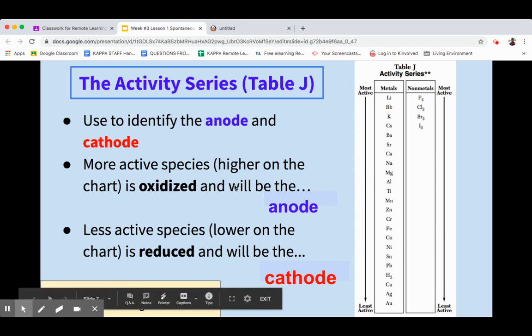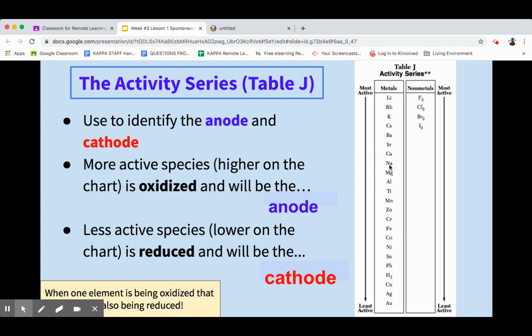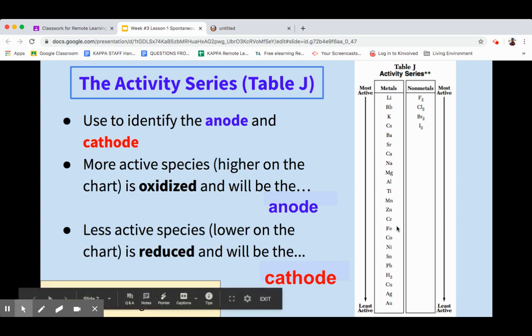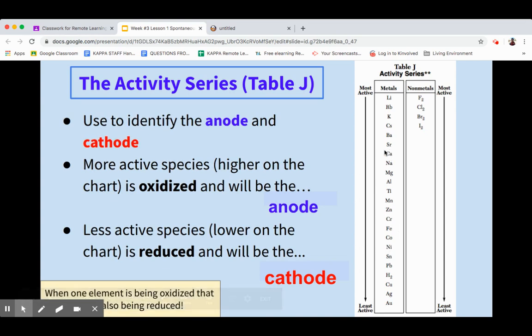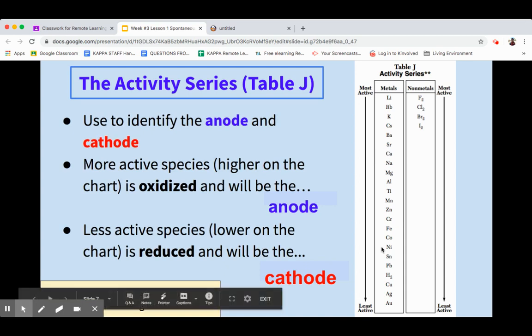So these are called spontaneous reactions. Any two elements that are on this chart will be considered to spontaneously occur. So calcium and nickel would spontaneously oxidize and reduce. Remember that there always has to be one element being oxidized and one being reduced. If I looked at it in the other way,